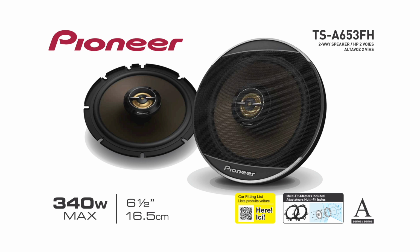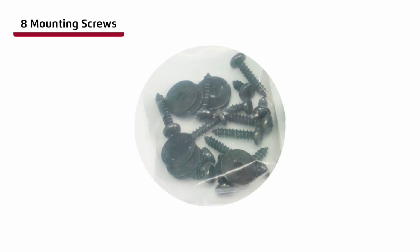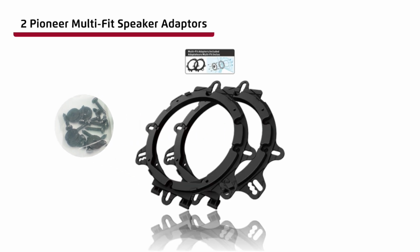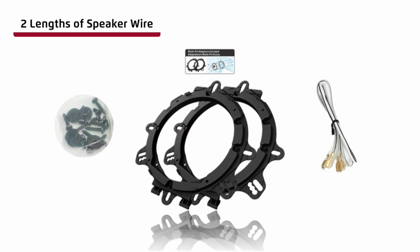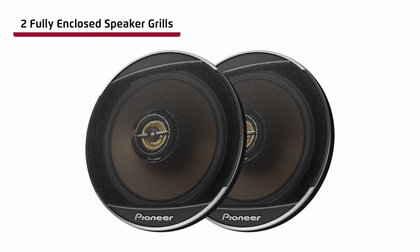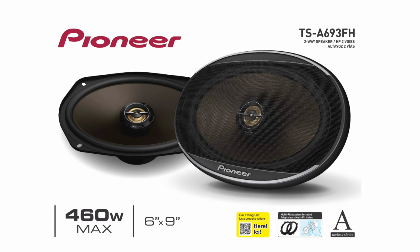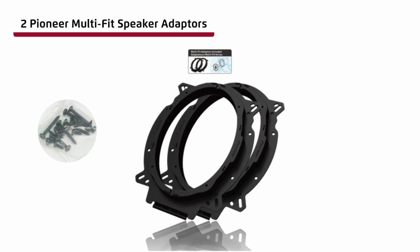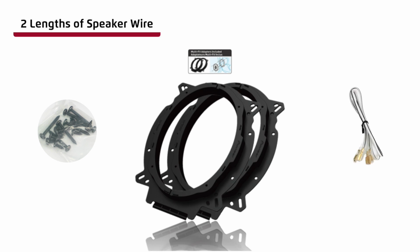The TSA 653FH includes 8 mounting screws to fasten the multi-fit speaker adapters, 8 screws and washers to fasten the speakers to the multi-fit speaker adapters, 2 Pioneer designed multi-fit speaker adapters, 2 lengths of speaker wire, and 2 fully enclosed speaker grills. The TSA 693FH includes 8 mounting screws to fasten the multi-fit speaker adapters, 8 screws to fasten the speakers to the multi-fit speaker adapters, 2 Pioneer designed multi-fit speaker adapters, 2 lengths of speaker wire, and 2